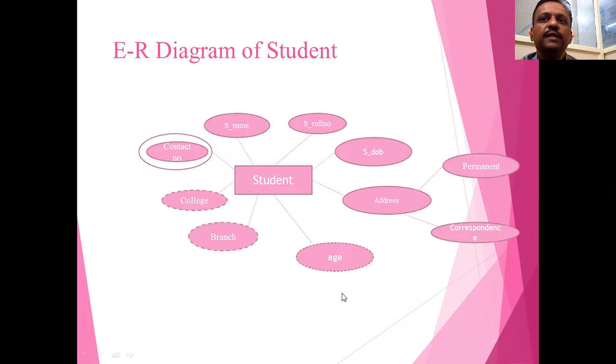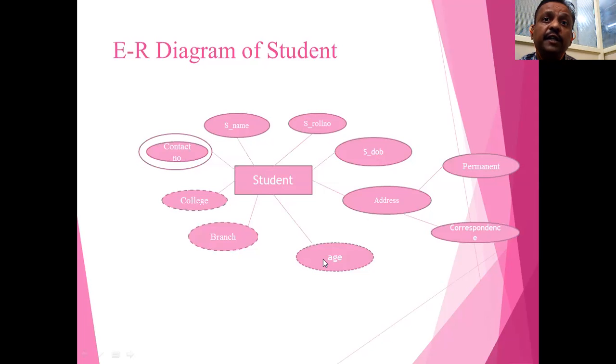So this is an example of an ER diagram, or rather it is not a complete ER diagram. It is only one entity set: Student. What does student contain? Student roll number, student date of birth, student address, which is again divided into permanent address and correspondence address.